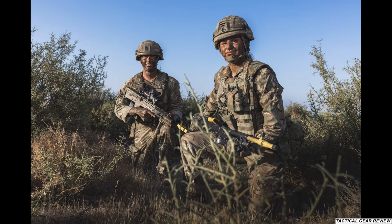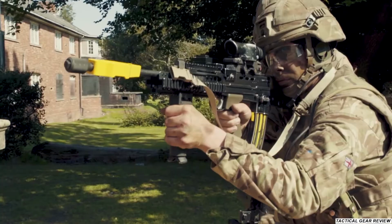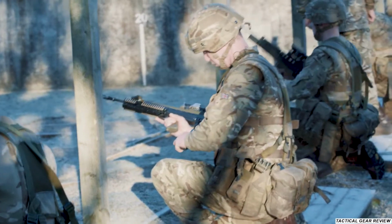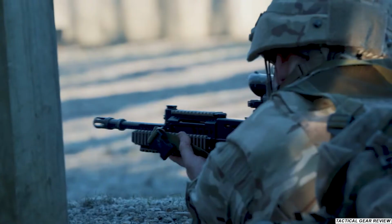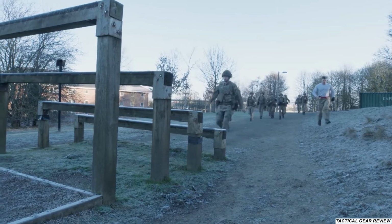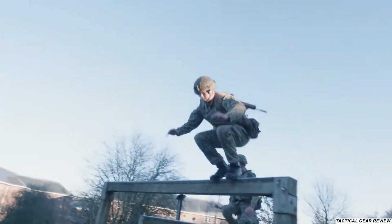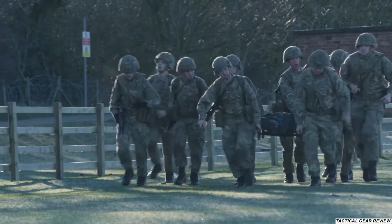MTP, Multi-Terrain Pattern, is the standard camouflage pattern of the British Armed Forces. As part of the British Ministry of Defence Personal Equipment and Common Operational Clothing, PECOC, program, 3 new camouflage patterns were considered for issue to British forces. These were a revised temperate Disruptive Pattern Material, DPM, using lighter colors, a new 3-color desert pattern with enhanced utility for nighttime operations, and a hybrid 4-color scheme using 2 colors from each of the previous patterns for use on